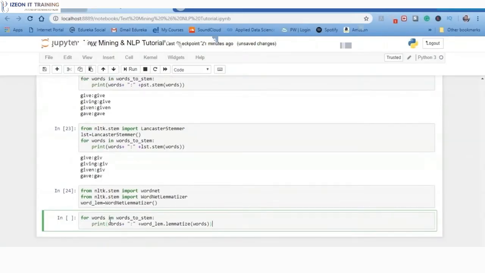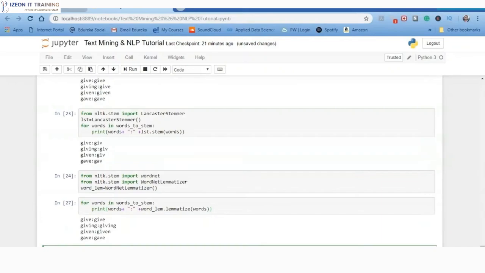Now let's take the words give, giving, given, and gave into consideration and see the output of the lemmatization. As you can see here, the lemmatizer has kept the words as they are, and this is because we haven't assigned any POS tags here, and hence it has assumed all the words to be nouns. You might be wondering what POS tags are. I'll tell you later in this video. For now, let's keep it simple: POS tags tell us what exactly the given word is. Is it a noun, a verb, or a different part of speech? Basically, POS stands for parts of speech.